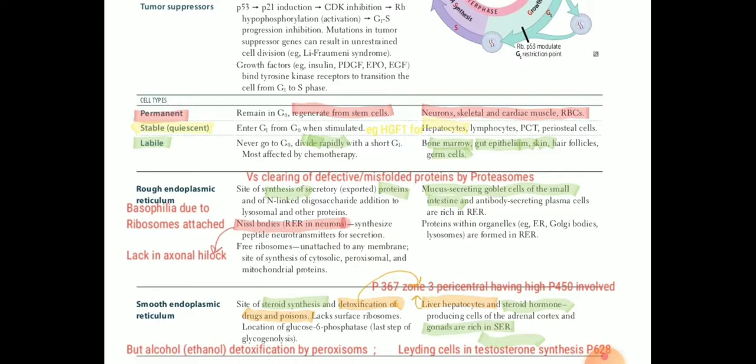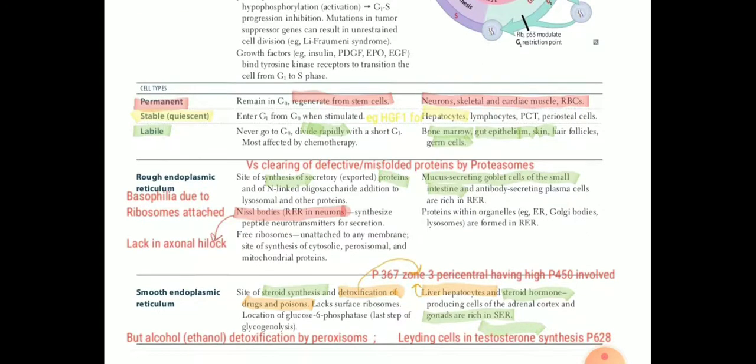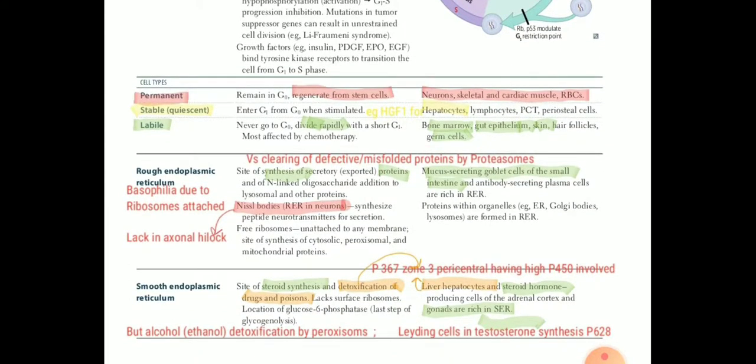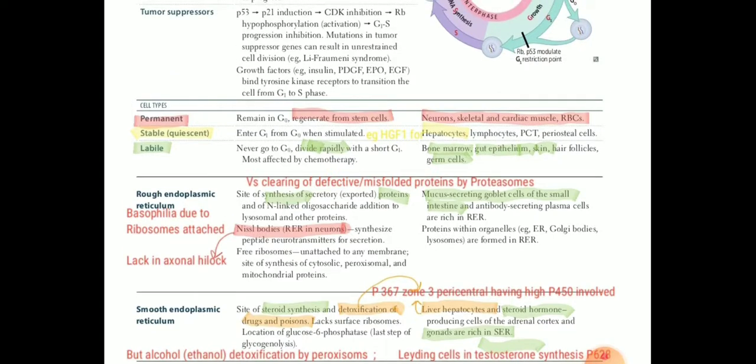And then labile cells divide rapidly, and they are present in the bone marrow. For example, bone marrow cells for blood keep generating blood cells. Here we have to see that bone marrow is labile, while RBCs, the terminally differentiated cells, are permanent cells. And gut epithelium is also labile, as it keeps shedding and growing. Skin is the same, so epithelia from skin and inside the gut are all labile cells. They regenerate after a few days if damaged.